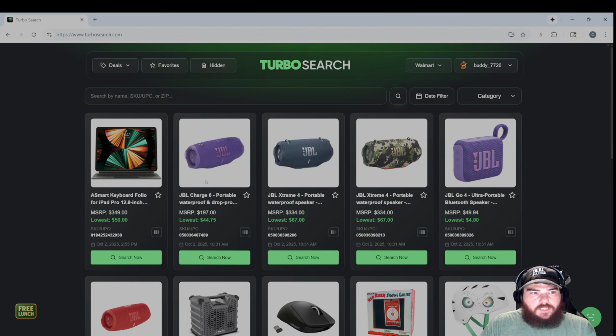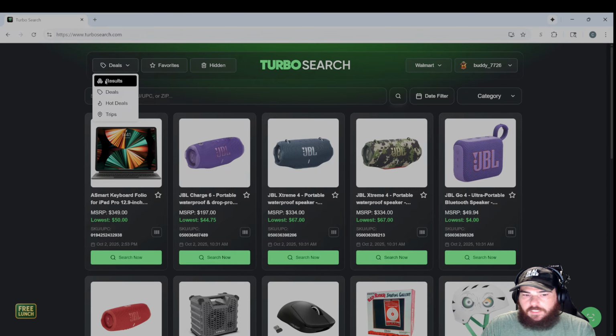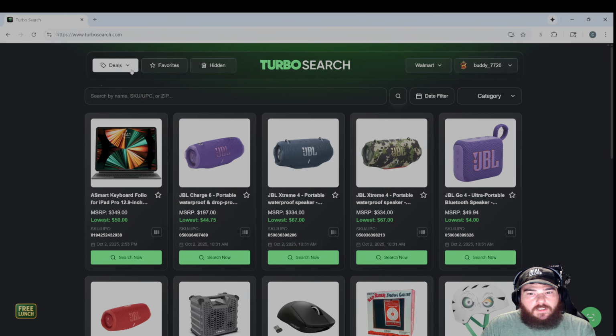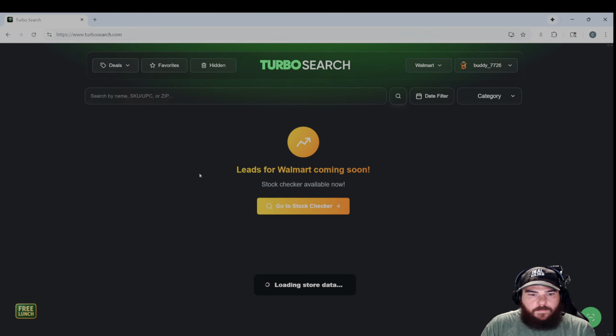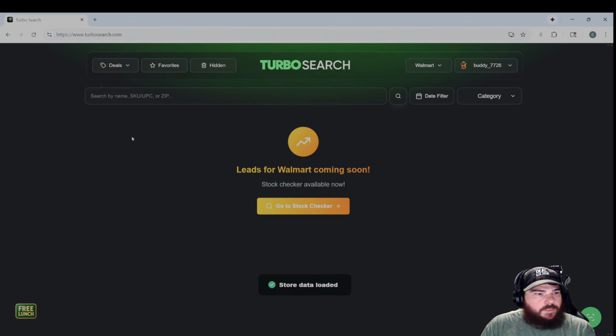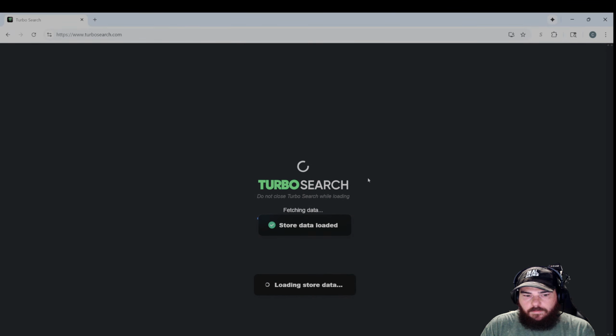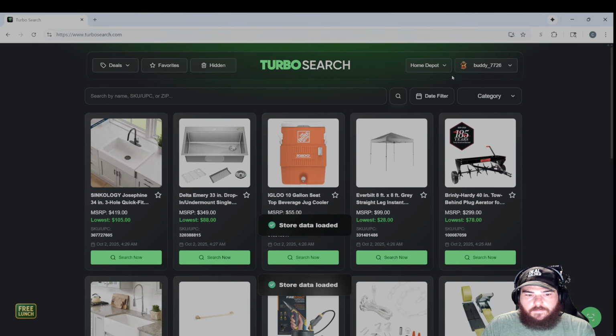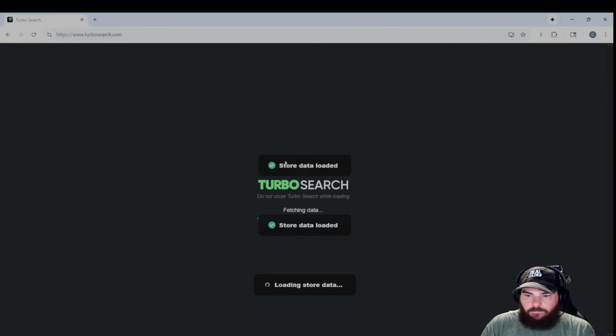As soon as you authorize, you're going to get greeted with this welcome page or login page. First thing to note, it's going to be top first. So if you're looking for deals, you're going to be in the deals. If you're looking at your results, you can go to your results or hot topic. So let's go to deals, and we're looking at Walmart deals. I went to results. Deals, Walmart. There we go. Sorry about that.